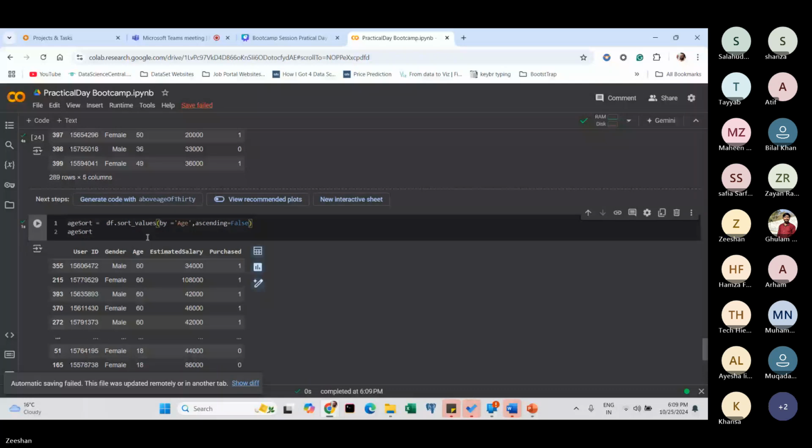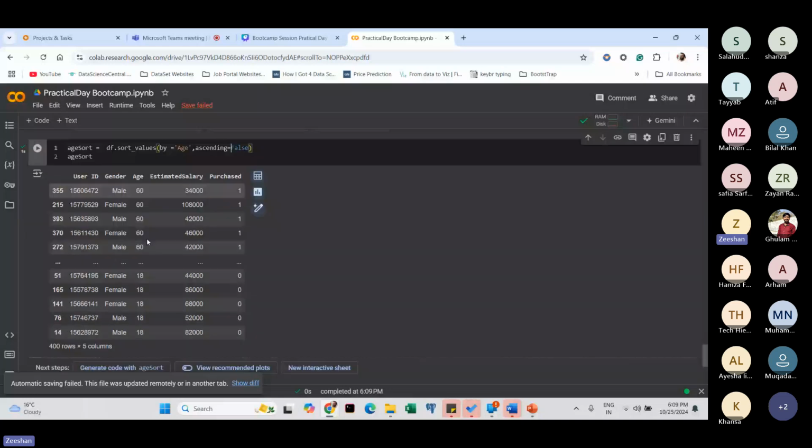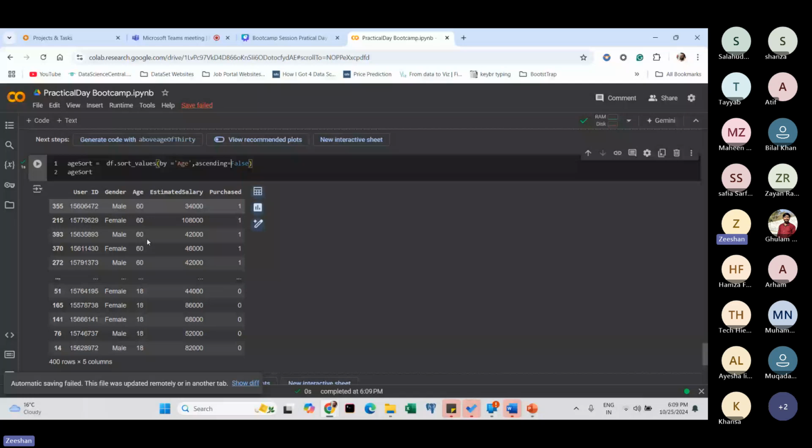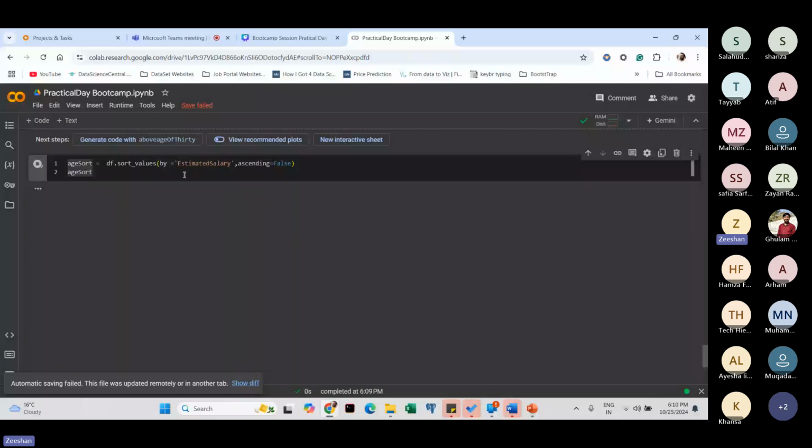बड़े से छोटा, ठीक है। तो बड़ा नंबर यहाँ 60 है और छोटा नंबर 18 है। हम ये चीज़ किस पे देखे हैं? हमारे डिस्क्रिप्टिव स्टैटिस्टिक्स में, जब हम डिस्क्राइब फंक्शन यूज़ किए थे तो हमको वहाँ पता चला था कि हमारा वैल्यू जो है, मिनिमम एज है 18 और मैक्सिमम एज है 16। अगर आप इसको सैलरी के अकॉर्डिंग करना चाहते हैं तो आप यहाँ ऐसे देख सकते हैं, एस्टिमेटेड सैलरी। आपको कुछ नहीं करना है, बस आप कॉलम का नाम चेंज कीजिए, आपको दिख जाएगा ये चीज़।